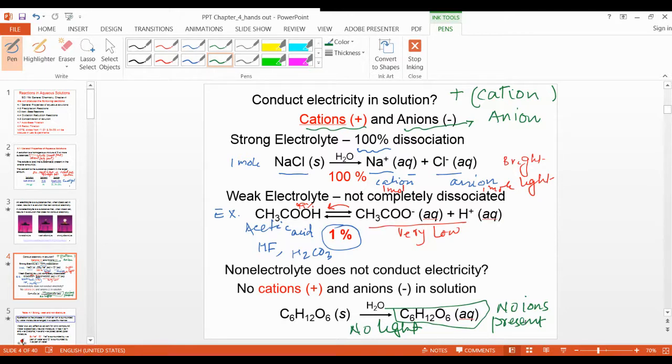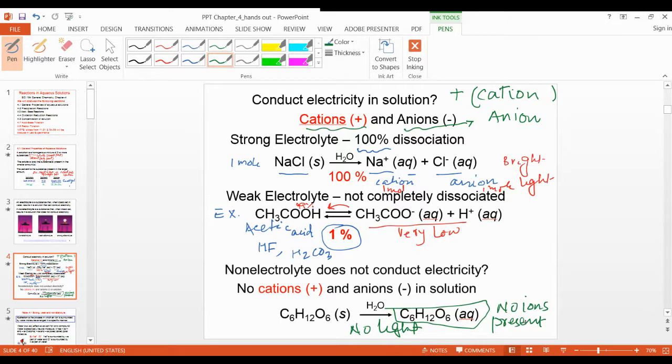About the weak electrolyte and strong electrolyte, it depends on the percent of the ions. So how can I decide this is 100 and this is 99 or 90? I told you, please note down this point: all ionic compounds are 100% dissociated. No need to memorize, you should only know that. If you know what the ionic compounds are, then no need to memorize. All ionic compounds.